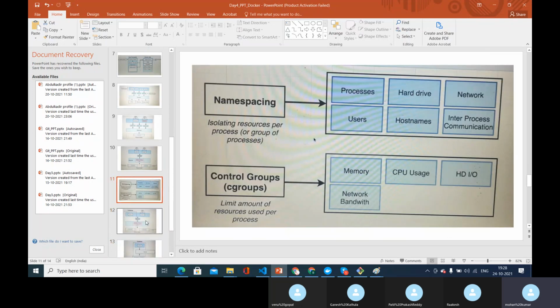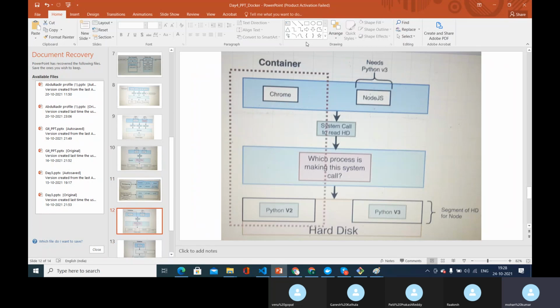Right. So that is what basically the container is. We need Chrome, so we need a container with Python 2 for Chrome. What this will basically do is create a subpart with all the resources available within it. It has a hard disk, it has the kernel, it has the version. So this will be packed as a container. So this is called a container.